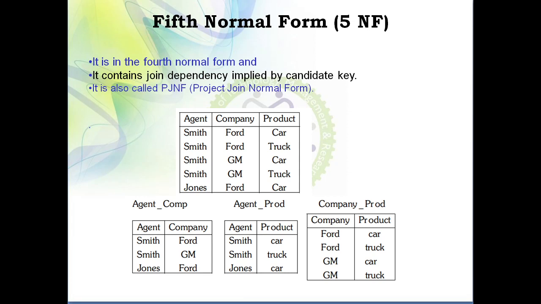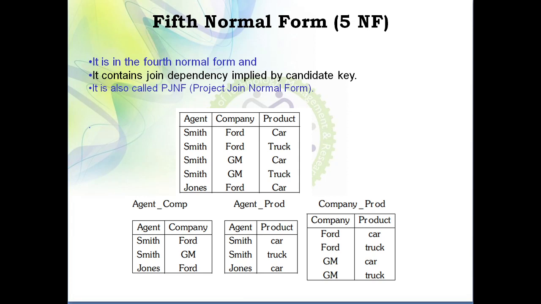So finally, to recall and summarize the concept, I can say that normalization is the process of decomposition so as to reduce redundancy. There are six types of normal form: first normal form, second normal form, third normal form, fourth normal form, fifth normal form, as well as BCNF. In first normal form, multi-valued attributes should not be there. In second normal form, partial dependency should not be there. In third normal form, transitive dependency should not be there. In BCNF, no non-key attribute should determine the value of a key attribute. In fourth normal form, more than one multi-value dependency should not be there. And in fifth normal form, there should exist joint dependency.